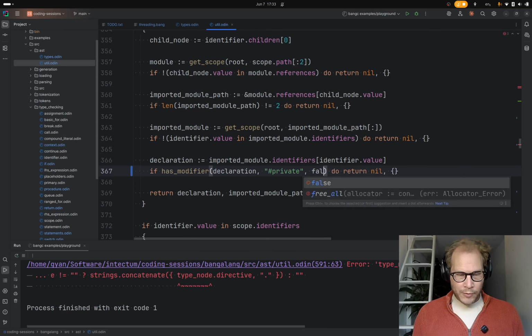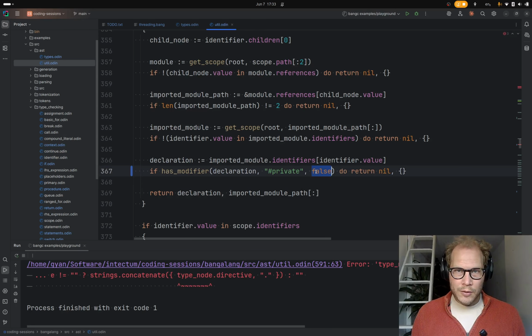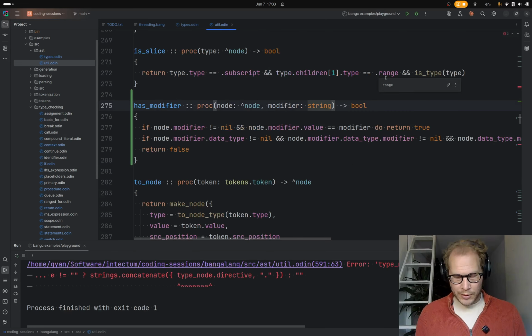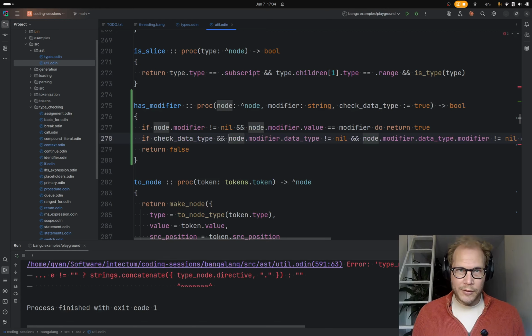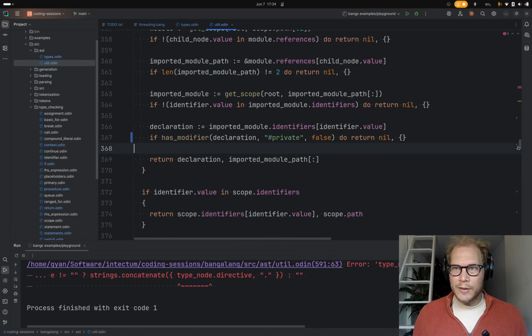So I'm going to put false as a third parameter. So it's like check data type, and we'll call that true by default. So if check data type and in the case here, we're not going to check the data type.